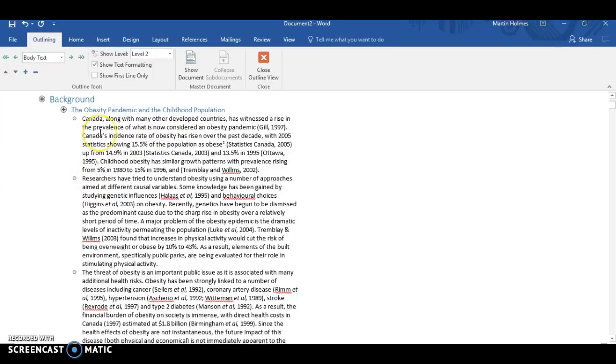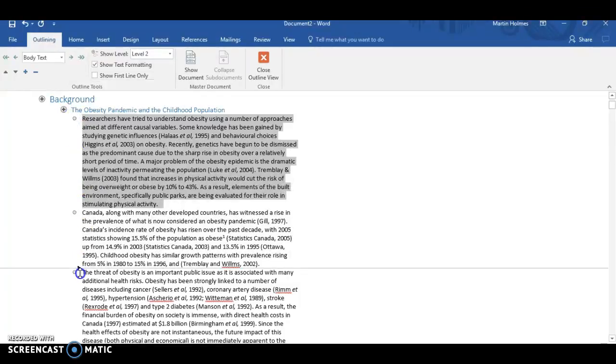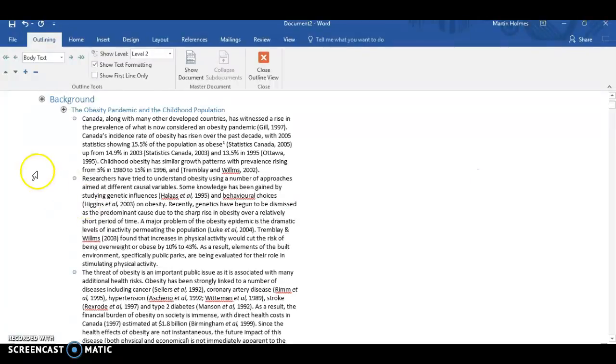And so that's where we got. You can see when I click on here, now we're looking at the body text. So this isn't going to be a heading in my paper. This is going to be my paragraphs. And each paragraph is identified by a new bullet point. So again, I'm able to drag these around. If I prefer one paragraph to be in front of another, you can just grab the whole bullet and move it around to make it